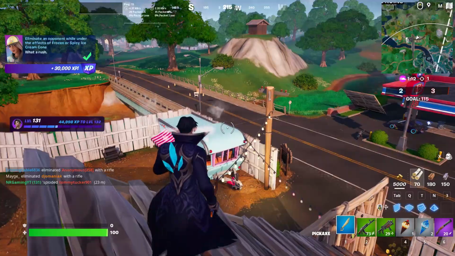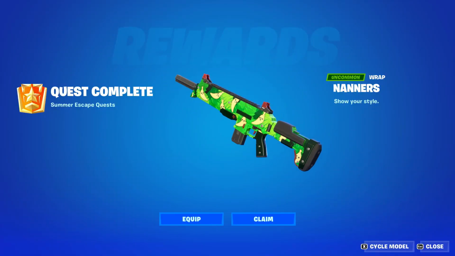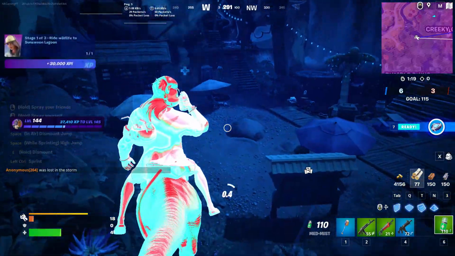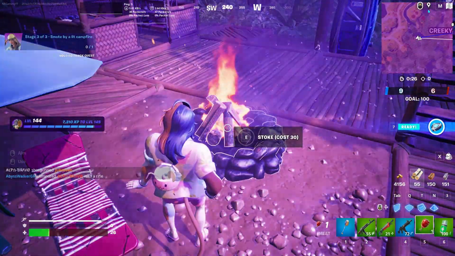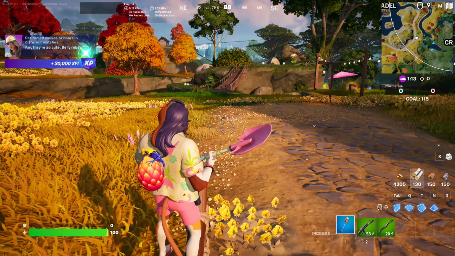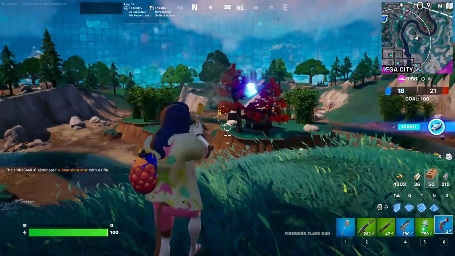spicy ice cream cone, report back to Paradise Meowscles for the Nana's Wrap, restore health, collect fish from fishing spots in a single match, ride wildlife into Sunswoon Lagoon, light a campfire, emote by a lit campfire for the Treesy backbling, pet tamed wolves or boars in different matches, deal damage to wildlife, outlast opponents, reveal opponents with flare gun